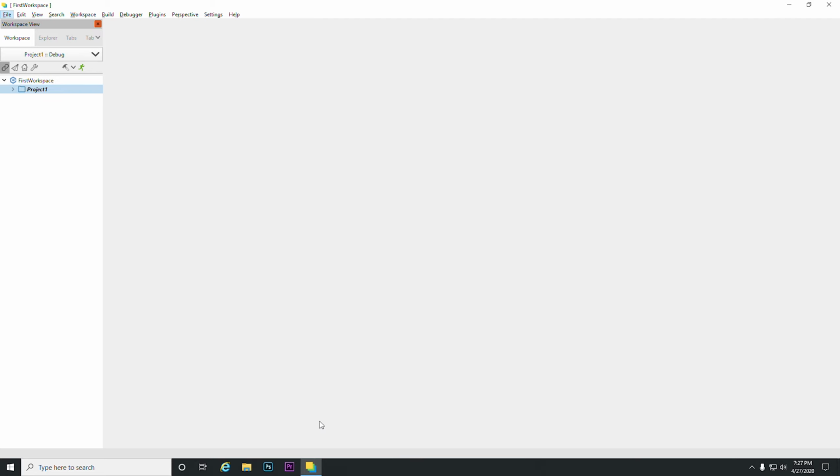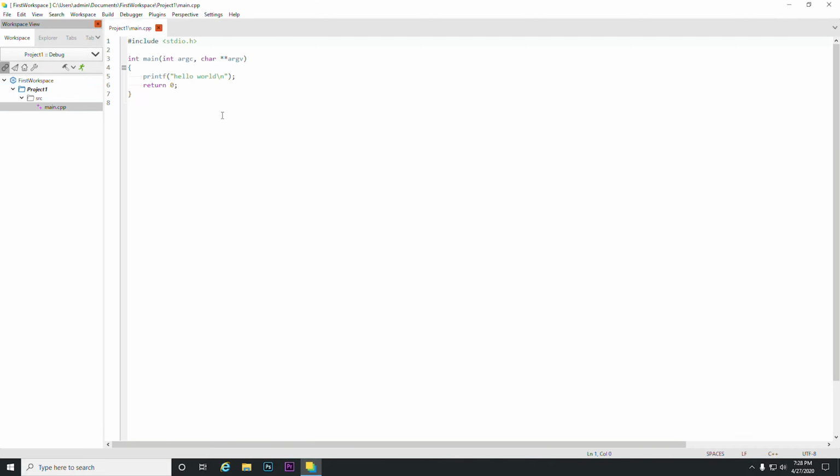Okay, so now you can see we have our project right here. This is our source code and this is main.cpp. When we open it, we can see our text editor. This is a basic C code which is like a preset. We really don't want it, we'll change it. But please be sure you have followed the steps correctly till here. So now we move on to our next step.